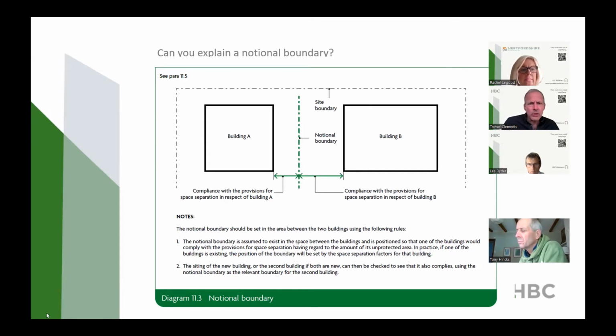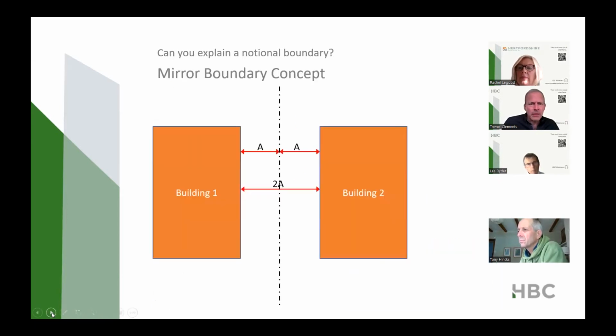Right, slide 2. Because the distance A, which is the distance that's going to be in the tables in the building regs, actually assumes that the building will be distance twice that away from the building. And that's really working out, as Les taught me, 12.5 kilowatts at the face of the building, and then you can get pilot ignition. So we want to avoid that. And distance 2A, is that right, Les? Distance 2A will mean that it's safe from that situation. That's great if the buildings are the same size, but if we have the next slide, Rach,